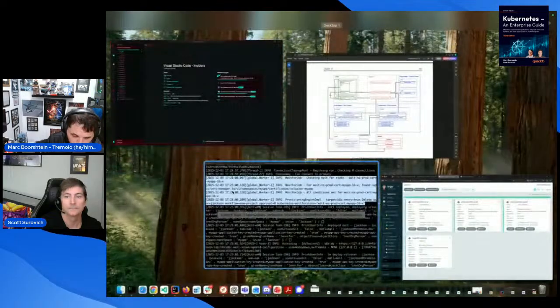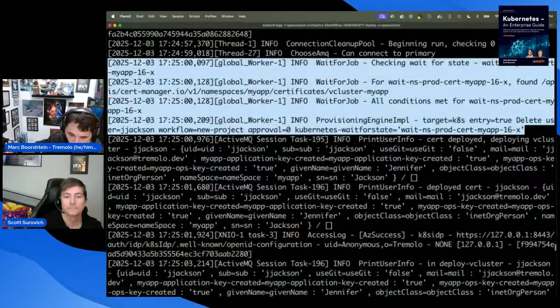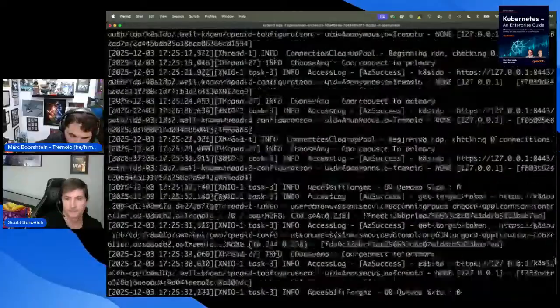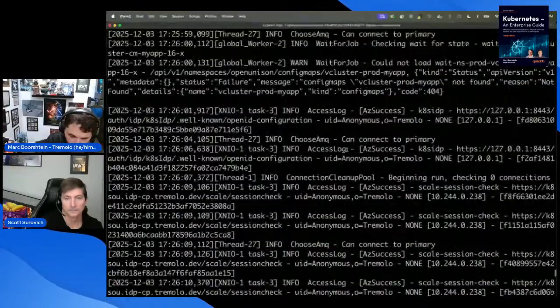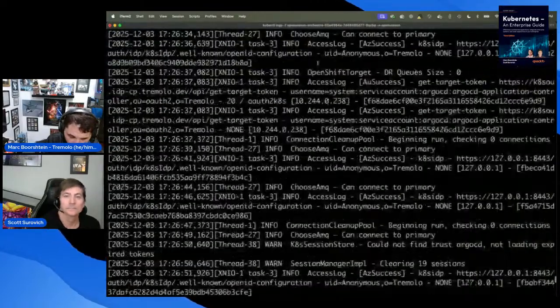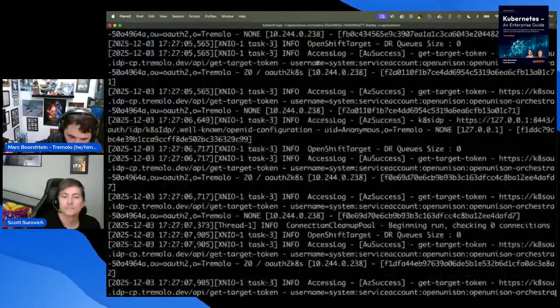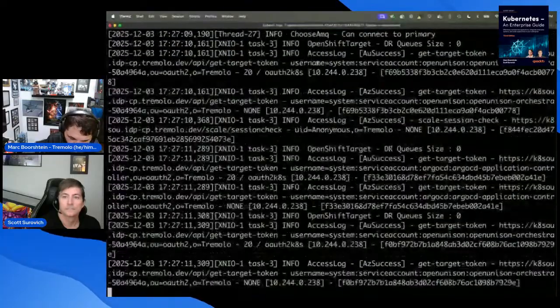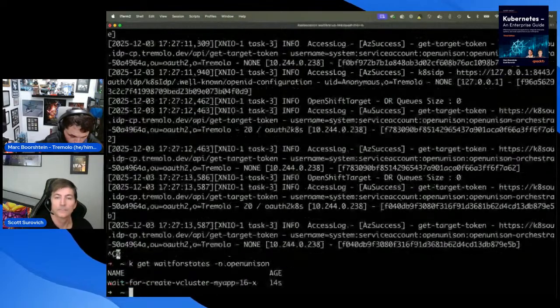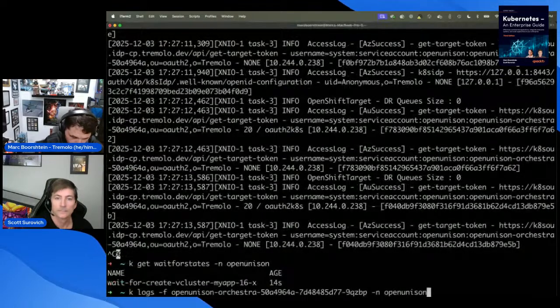But yeah, what we're doing here is we're provisioning the cert request, and then we're waiting for Cert Manager to actually generate the certificate. Now, it's pretty quick, but still, it takes a hot second. So we're waiting for stuff to get provisioned. Let's see, where are we? And you can see here, we've got our wait for job waiting for it to be there. So where are we? I think we're still waiting. Yeah, so it's still waiting for our production one